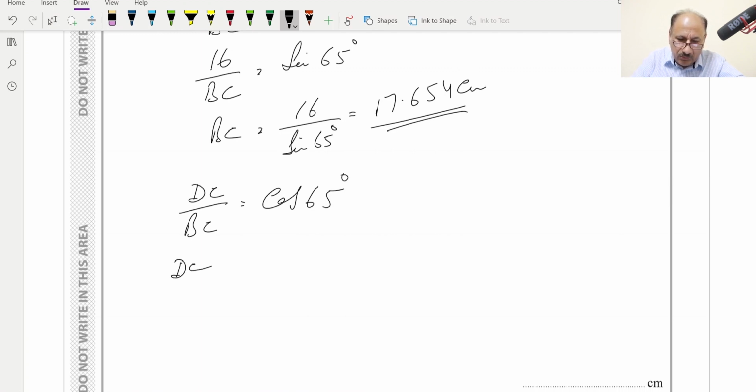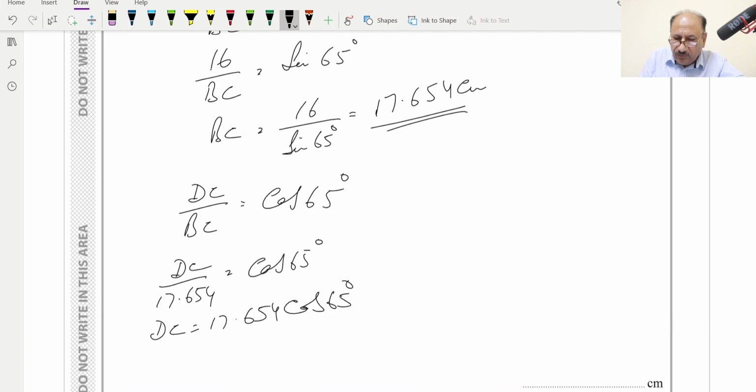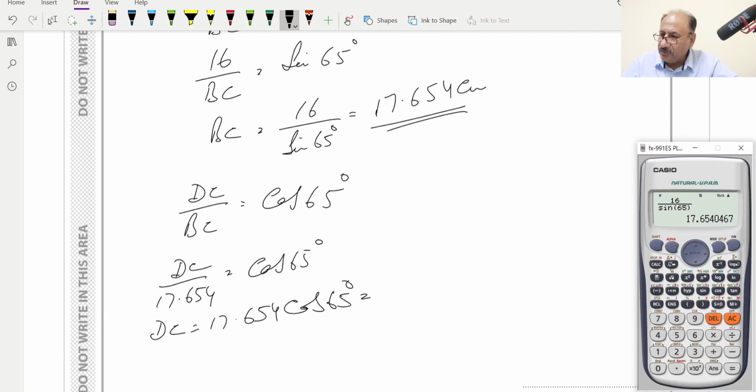So DC over 17.654 is equal to cos of 65 degrees, and we can calculate DC is equal to 17.654 times cos of 65 degrees. The numbers are already there, so multiply by cos of 65 degrees is equal to